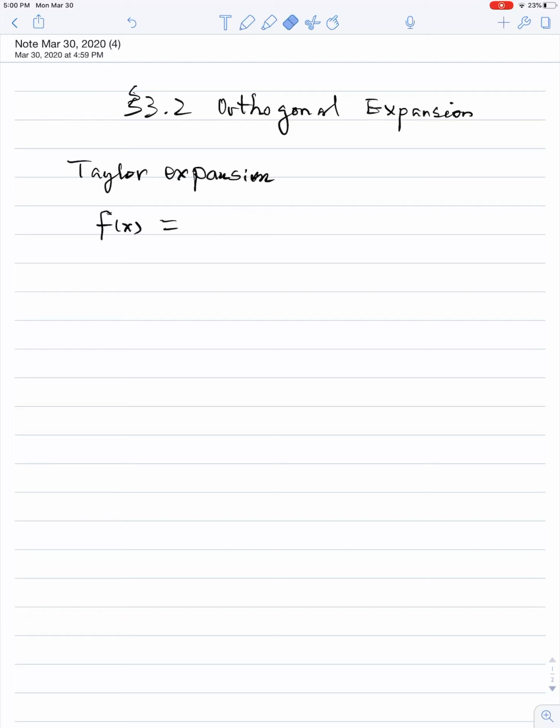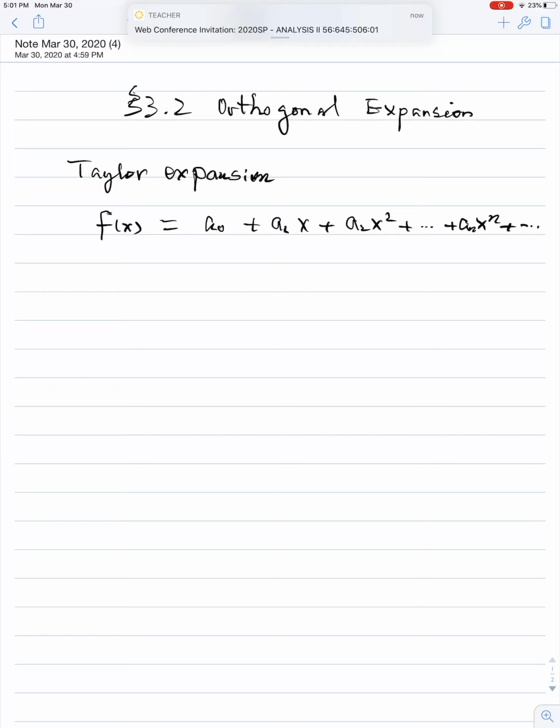So we have this Taylor series: a0 plus a1 x plus a2 x squared plus ... plus an x^n, and this series may converge to f(x). Now, the idea here is that these an are Taylor coefficients determined by the nth order derivative